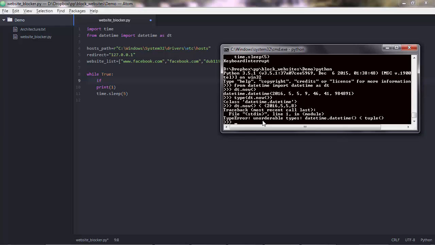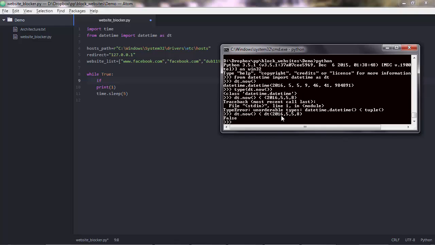So what you have to do instead is call dt.now, so this object here, and then create another object manually. So you call dt, which is the datetime class that we have imported earlier, and then inside the brackets you pass the values. Let me pass 8, and this is saying false,